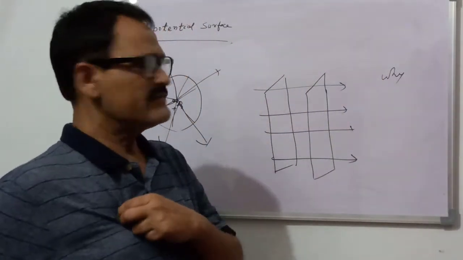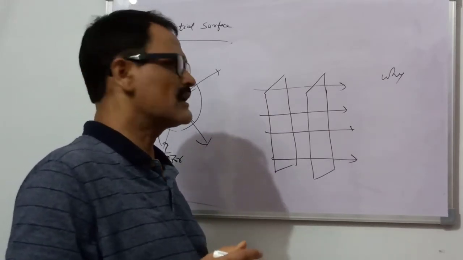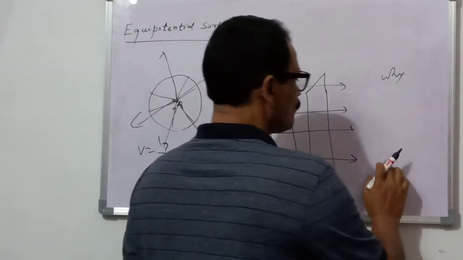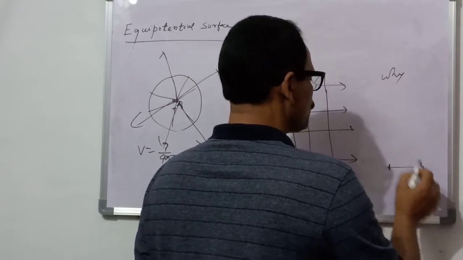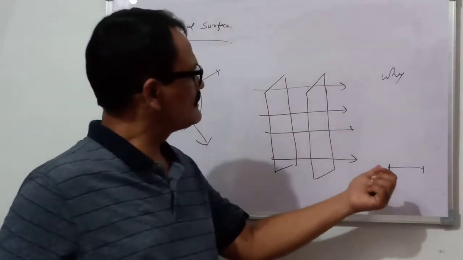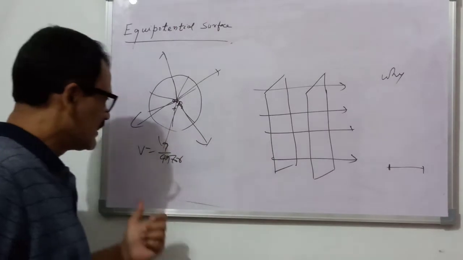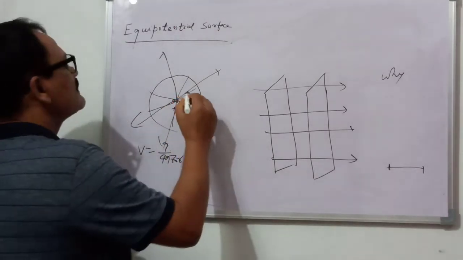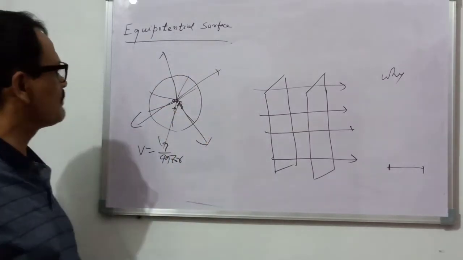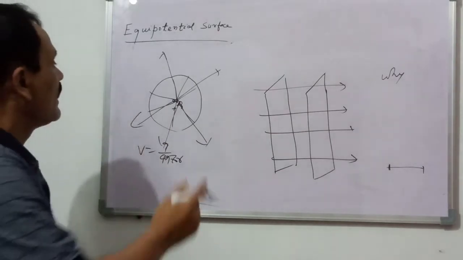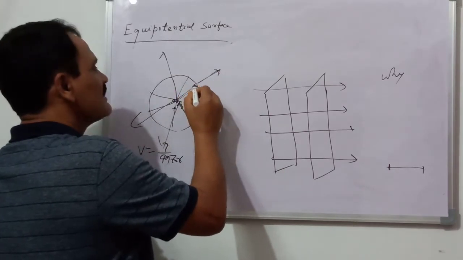As you know, according to the definition of potential difference, it is the work done in bringing a unit positive charge from one point to another point. Suppose the work done in bringing the charge from one point to this point is 0, it means the electric potential of this point and this point is the same, with no potential difference. And here the direction of the electric field is perpendicular to this surface, because the radius is always perpendicular to the surface of the sphere, and hence there is no component of electric field along the surface.